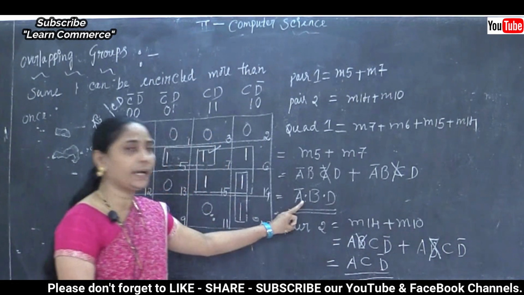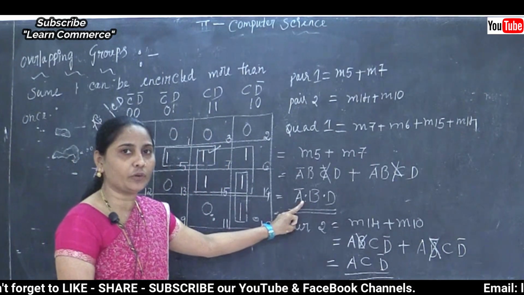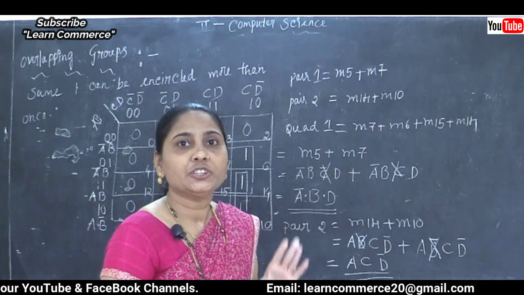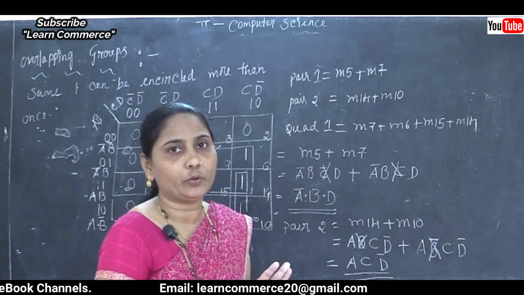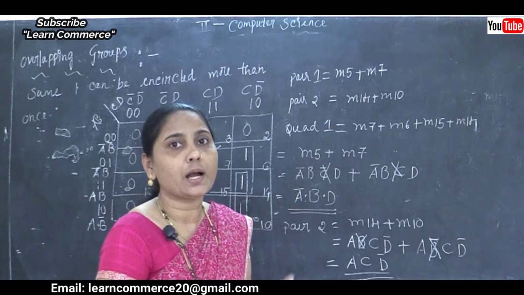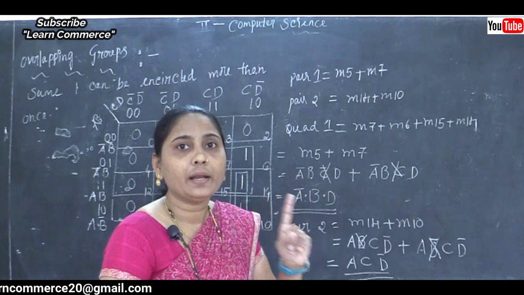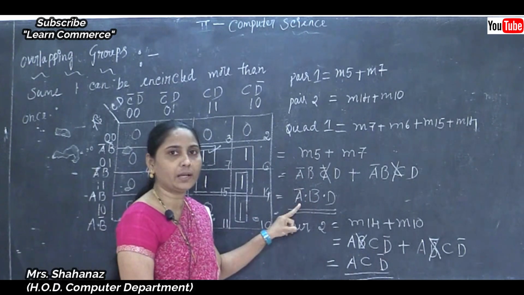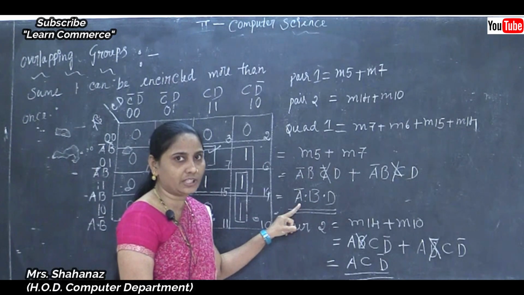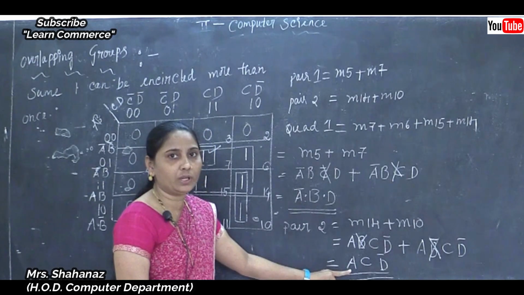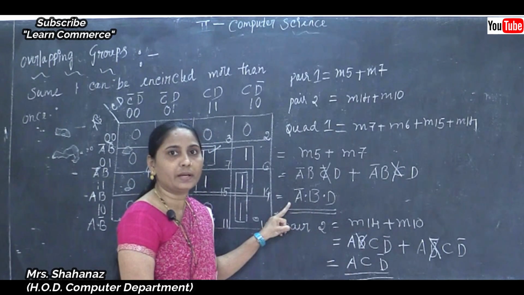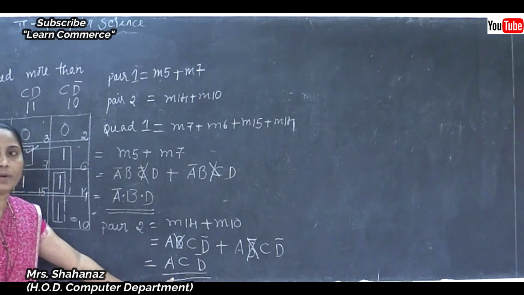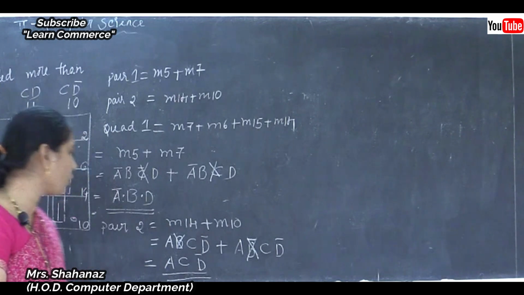Correct? Now we know the note of the pair. What's the note of the pair? The note of the pair is that we remove the variable that changes its state, complemented to uncomplemented or vice versa, and the most important note, a pair removes one variable only. Starting with 4 variables, but the final reduction value has 3 only. Here also the same, 3 only. So we can say the pair 1 reduction value is complement A and B and D, and the pair 2 reduction value is A and C and complement D.